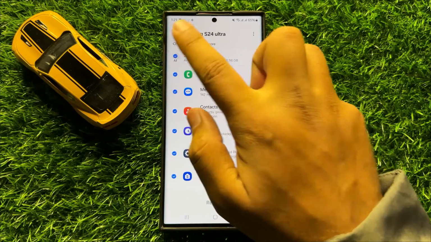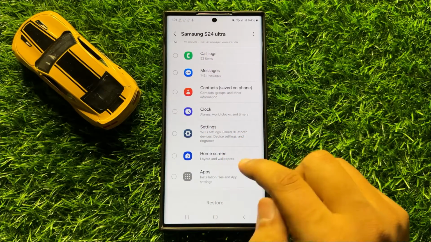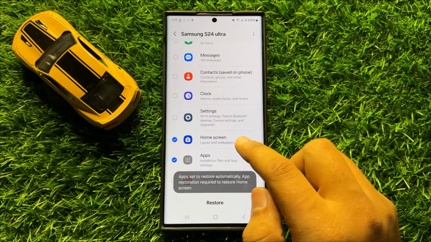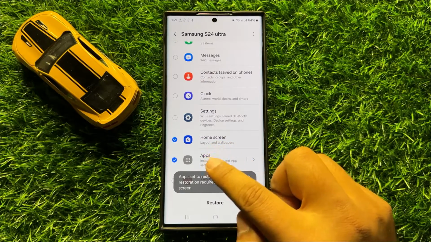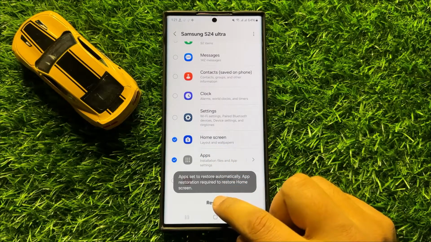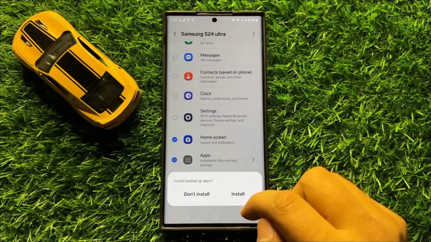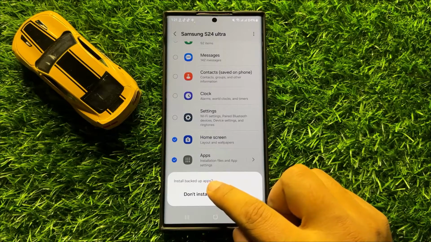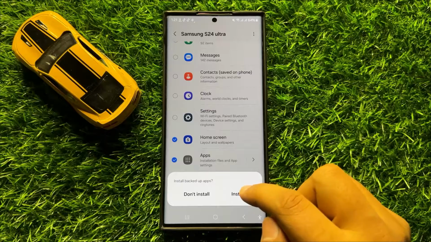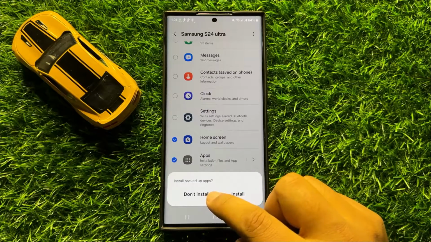Now from here select home screen, and after selecting home screen it will restore the home screen layout and wallpapers. So after selecting, click on restore. Now it will ask you to install backed up apps. So if you want to install, then tap on install, otherwise click on don't install,